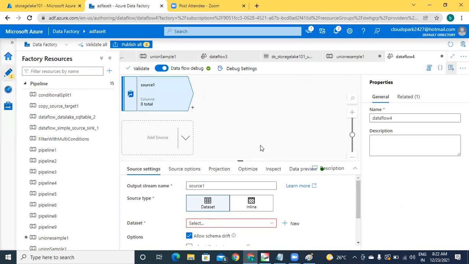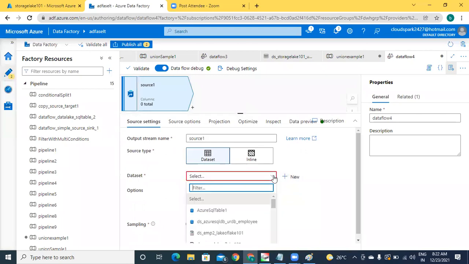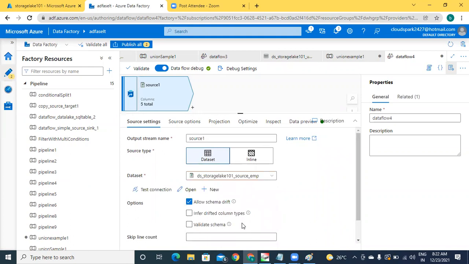The data set I am going to configure, we have data set ds_storage_lake101_source_EMP. This is the data set for the first file.